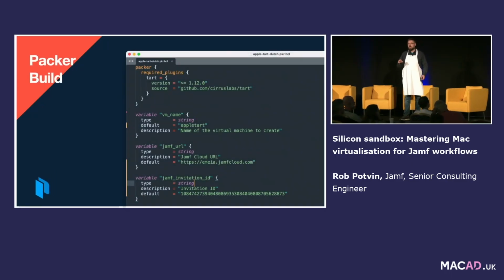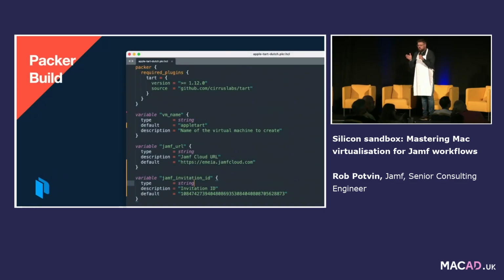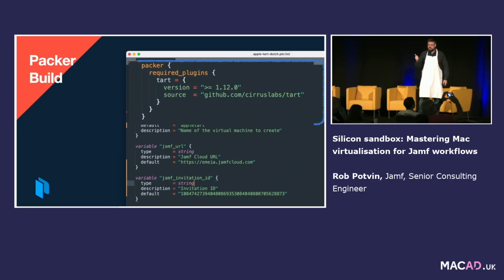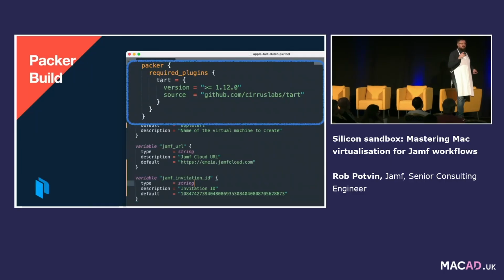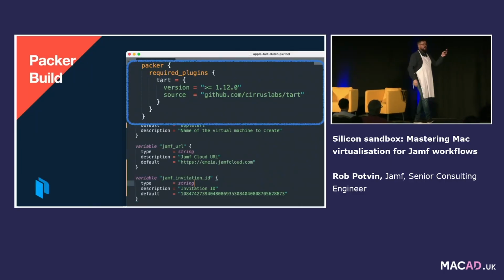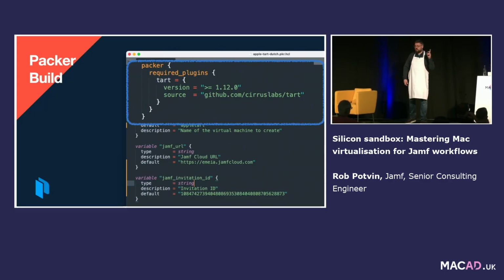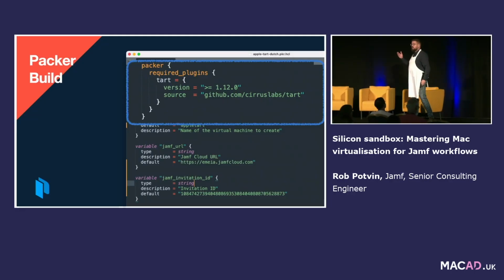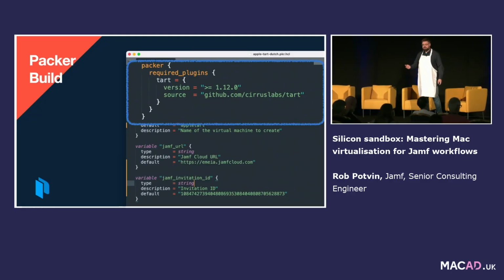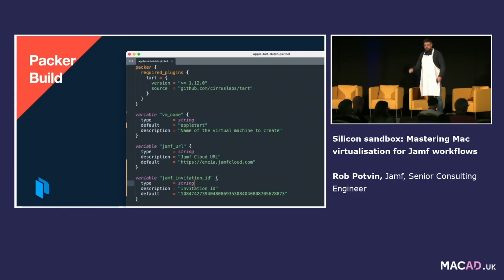So this is a lot of Packer information summed up in a very short amount of time. And that is, here's your Packer file. At the top, we have the Packer required plugins. So Packer is made by HashiCorp and used for every OS you can think of. So what we're telling it here is, hey, we're going to build something with Packer. Here's the instructions to build something. These are the instruction set that we're going to use. And that is the required plugin of Tart. Cirrus Labs has their own plugin as well, and it's basically a build plugin to build a macOS image. And I'll get into what we need to do to get that working.